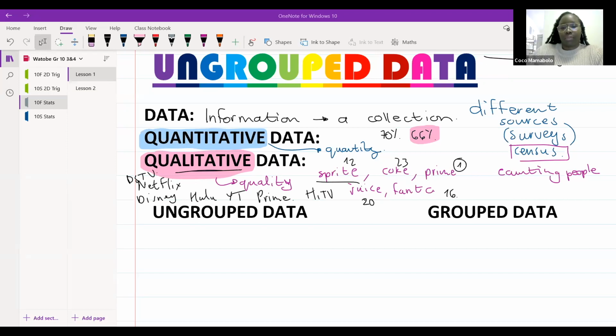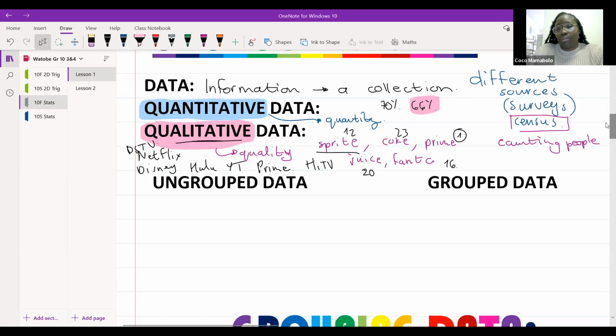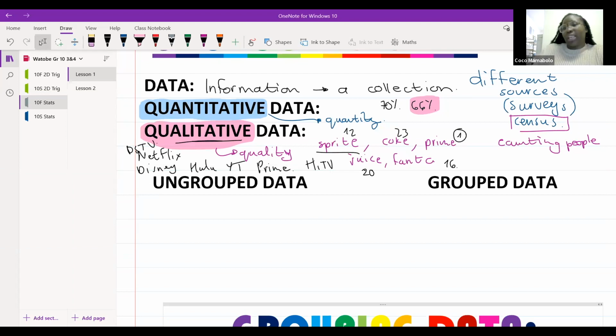I feel that ungrouped data has no scale of how many people or what certain thing you want to work out or survey on. And then grouped data is like you take a certain number of people and you're only focused on that one particular subject that you want to survey about. Absolutely, 100%. You're 100% spot on.